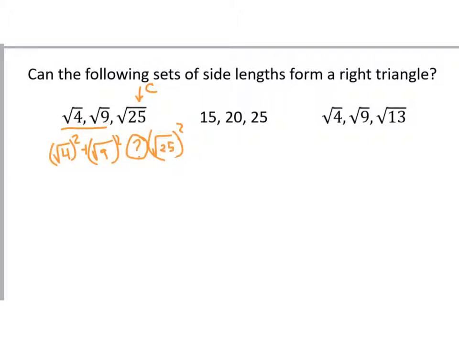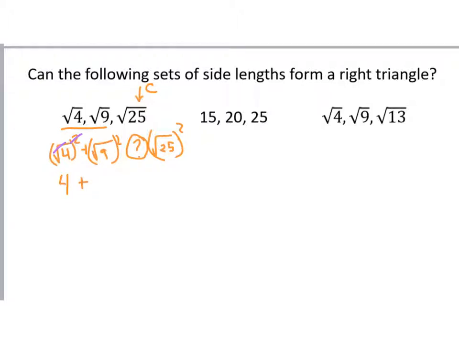All right, so you might remember that when you square a square root, it cancels out. So in this case, it's actually easier if they all have square roots. It's easier to do it without the calculator, believe it or not, if they have square roots, than it is to do it with the calculator. Because the square root of 4 squared, the square and the square root cancel. So what I end up with is just 4